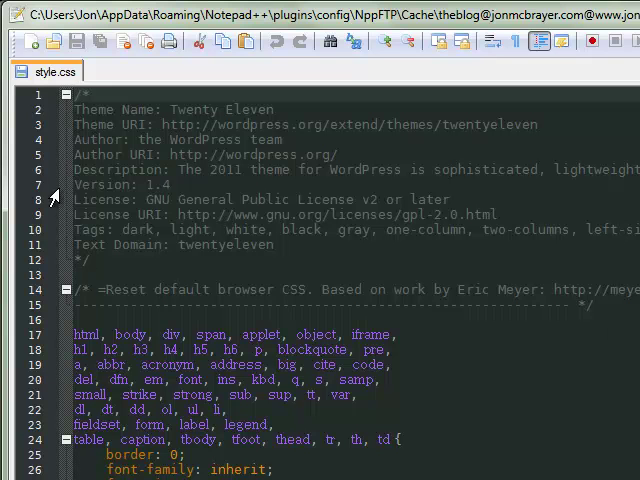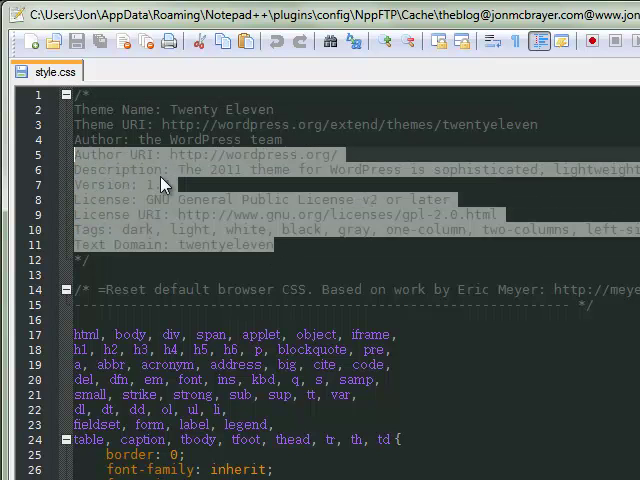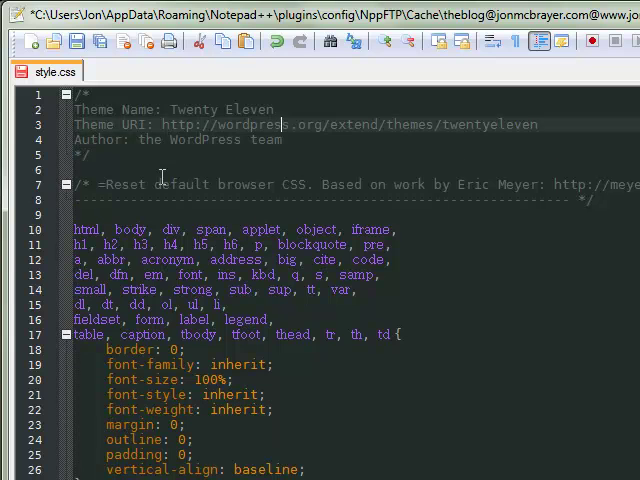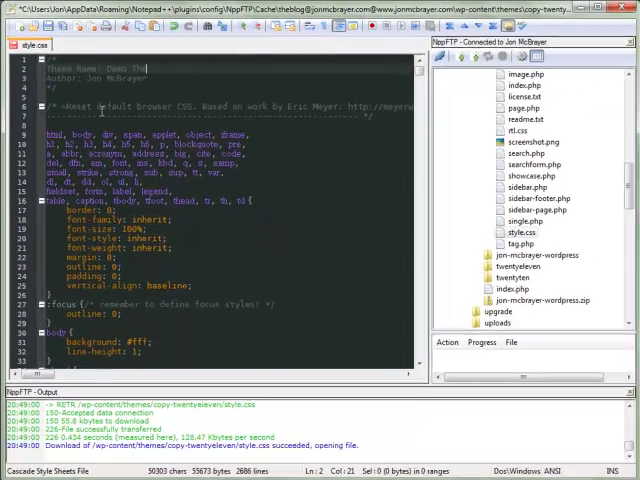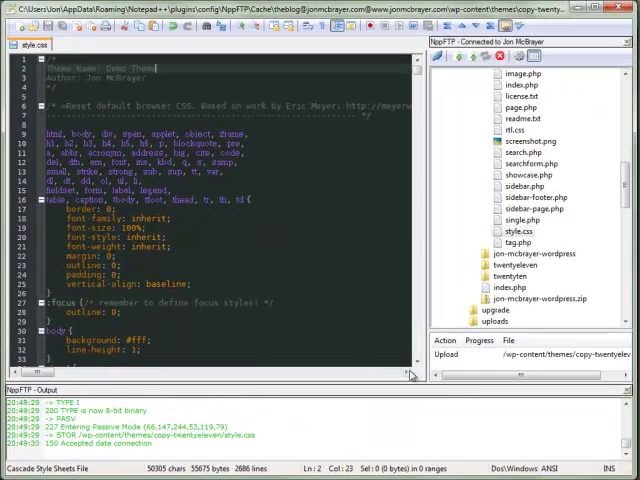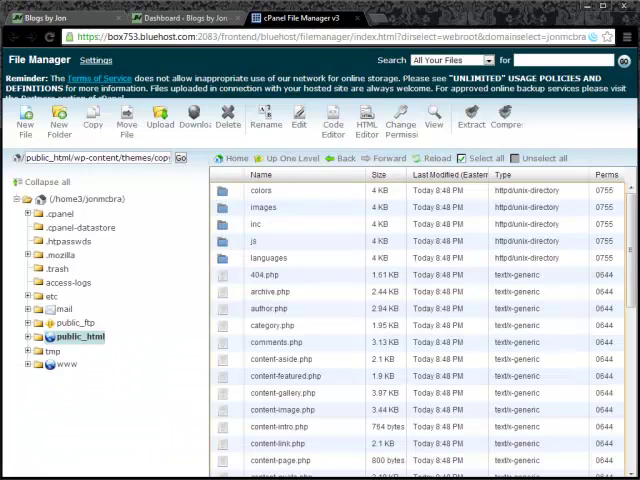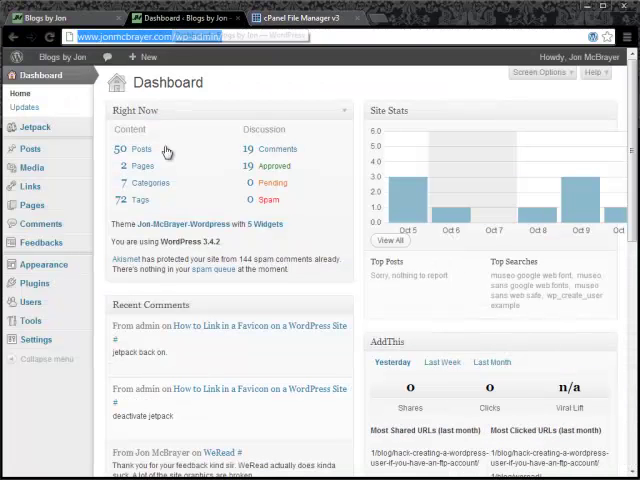These comments right here are what WordPress looks at to distinguish themes. So I usually delete all of that stuff. I'll leave the author and put my name, just because I'm vain like that, I guess. And then the name is really the only important thing. So, demo theme. You save that, upload it back, and then we go to our WordPress backend